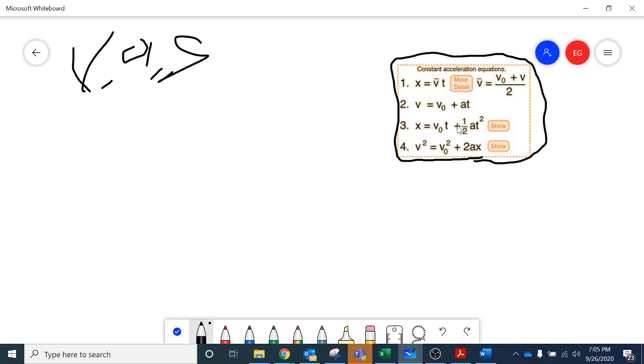So you just must be able to play with these different equations and understand that you're always given at least three different variables, right? You're given v final, or you're given v initial, or you're given acceleration, or you're given time, right? And you always have to think about what variable you're given and what variable you're missing, right? So for example, if you're told